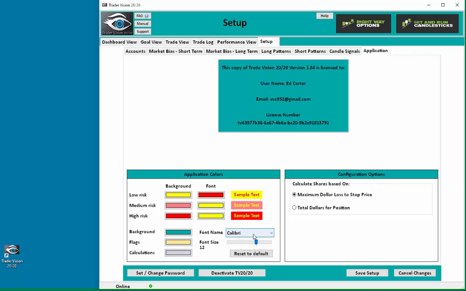You can also change the font to any of the system fonts that you have loaded on your computer. And you can change the font size. Now here's the caveat with this. It depends on your monitor size and monitor resolution that you have, both for the monitor and for the